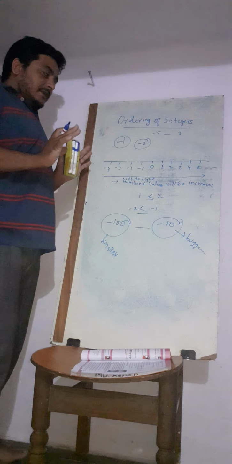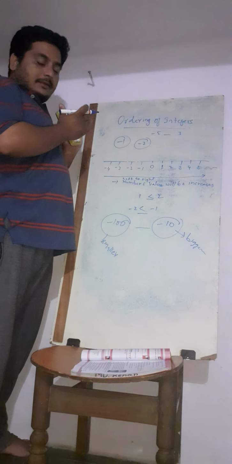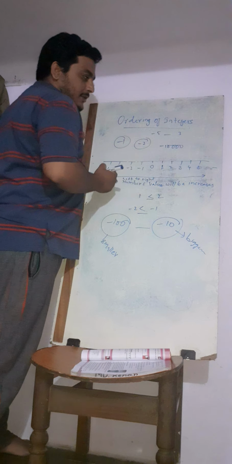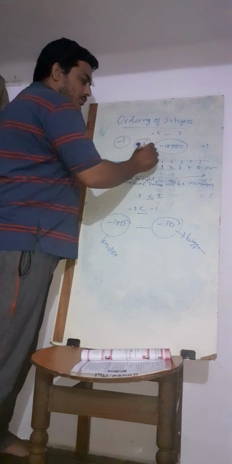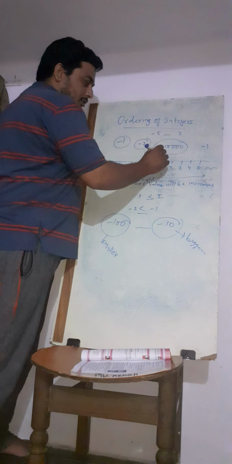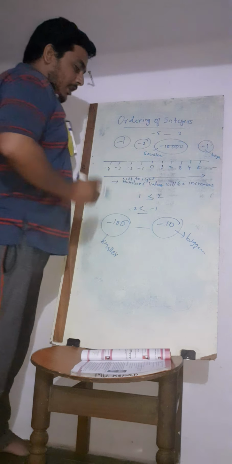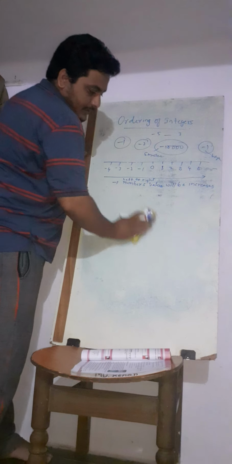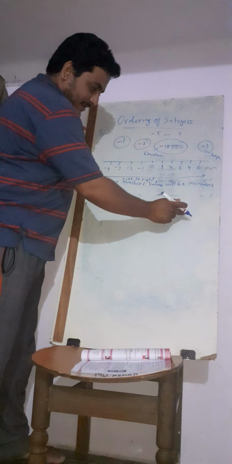Here we just need to know the difference: as the number increases after the negative sign, it gets smaller. If you take -1 lakh and -10,000, then -1 lakh is smaller and -10,000 is bigger. In the same way, if you take -1 and 0, which is bigger? 0 is the bigger number.